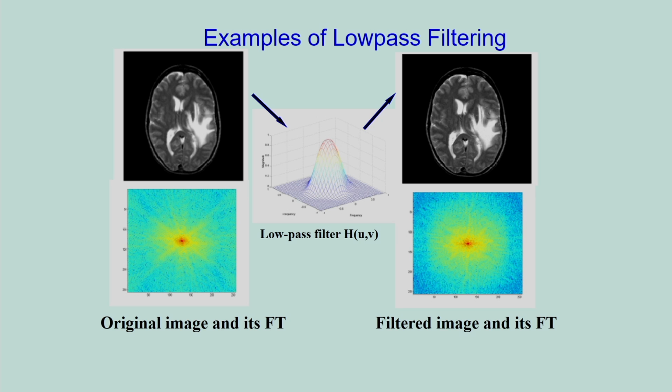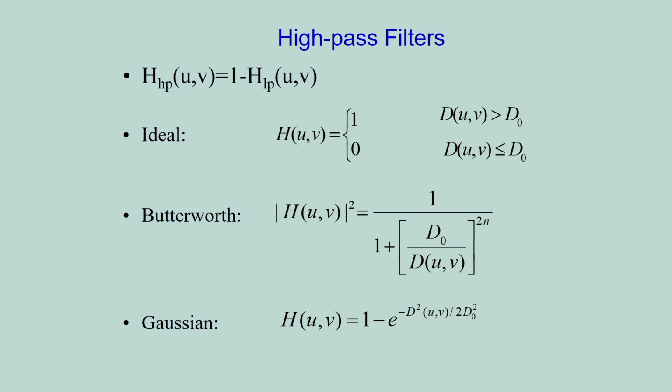Again, I am showing the concept of the low pass filtering. My input image is this, and corresponding to this, my Fourier transform is this, the original image and its Fourier transformation. In the next case, I am showing the reconstructed image. In the second case, I am only considering the central portion of the Fourier transformation, and this is the reconstructed image, that is the filtered image and corresponding Fourier transformation. So you can see the output image and the input image, and you can do the comparison between input image and the output image visually.